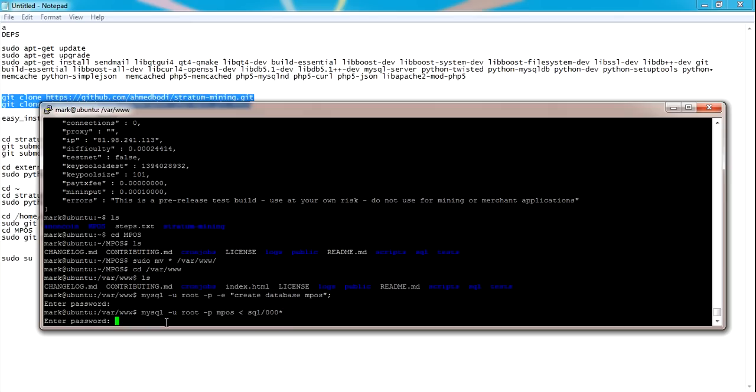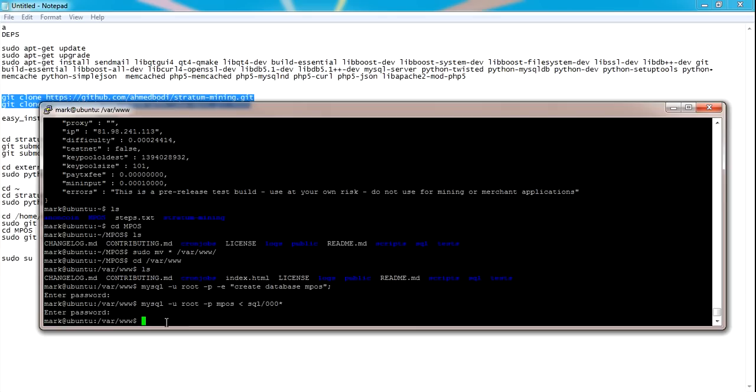Once you've done this, again depending on the system, this can take a second or two or a minute or two. It really does depend on your current loads. So we've now created the database that's required for MPOS to operate. From there we need to navigate to the public includes config folder, so cd public